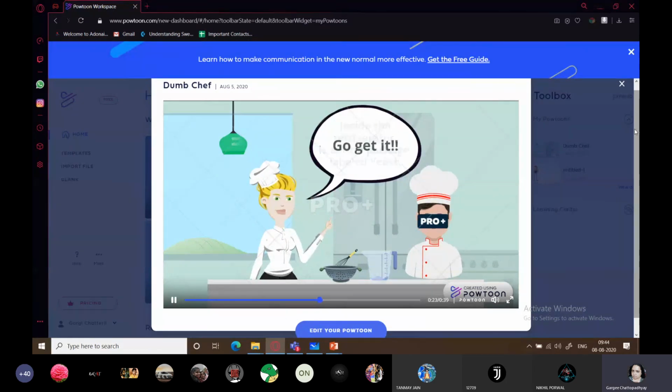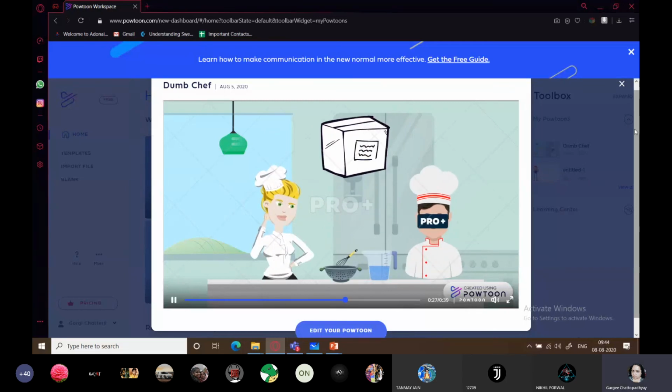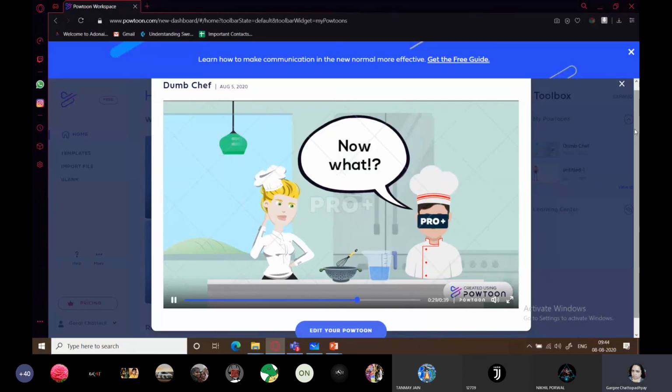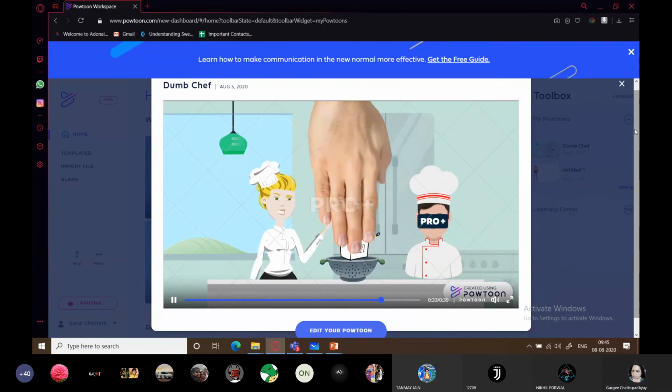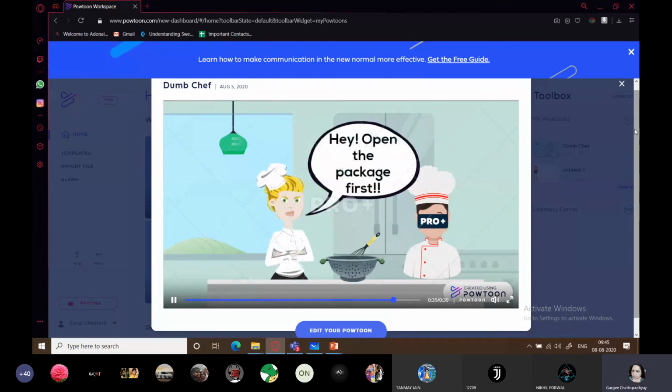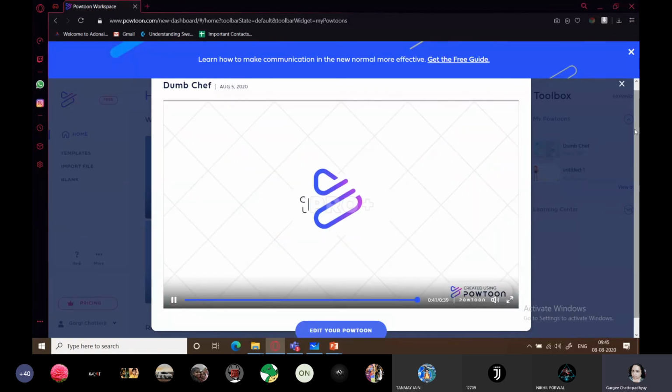Inside the refrigerator is a little package. Go get it. So he gets the package. Okay, this is the package. Now what? Put the package in the bowl. So he simply puts the package. And then the baker gets completely pissed off. That is, at least open the package and then put it in the bowl.